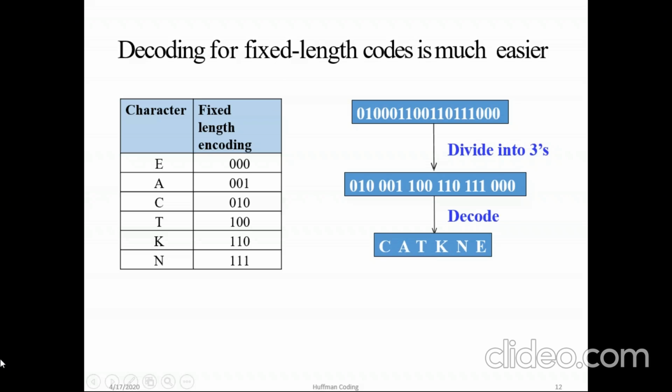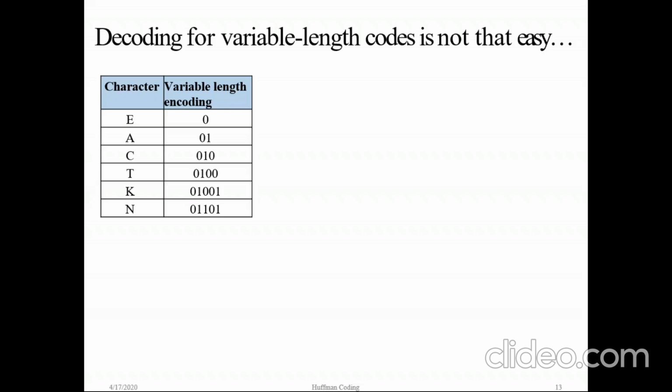Now we have earlier seen that fixed length encoding requires larger space than variable length encoding. But variable length encoding is quite difficult to decode. It's not as easy as it was in fixed length decoding. This is the variable length encoding table which we have calculated in the previous example. E has been assigned the binary code 0. In such a way we have got this binary message